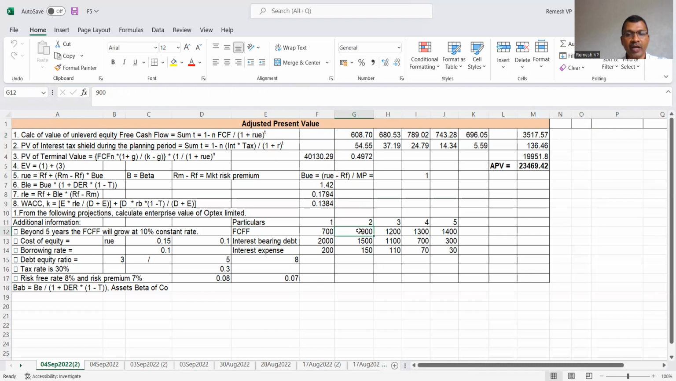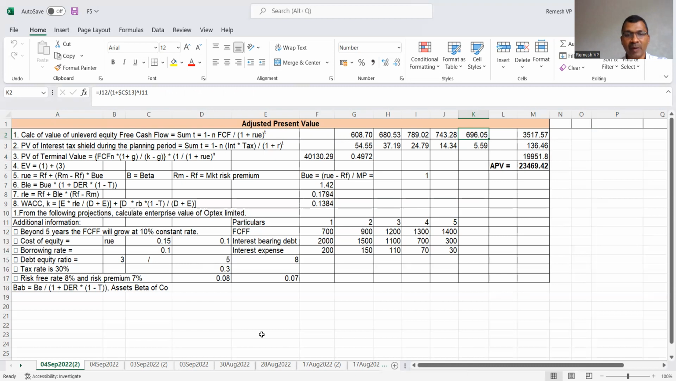Similarly, 900 divided by 1.15 to the power of 2 will become 680.53, and so on and so forth for the 5 years up to 696, making a total of 3517.57. So this is the total of the present value of free cash flow to the firm. Now, we also need to find out the terminal value by the equation of taking up the last year's free cash flow, multiply it with 1 plus growth rate given for the eternity period after that,